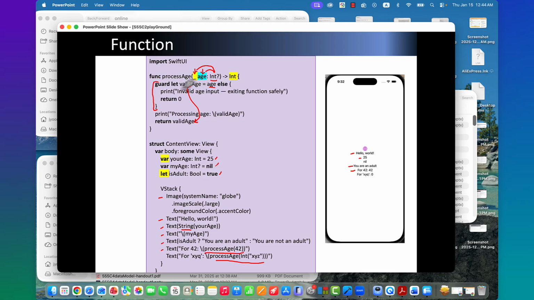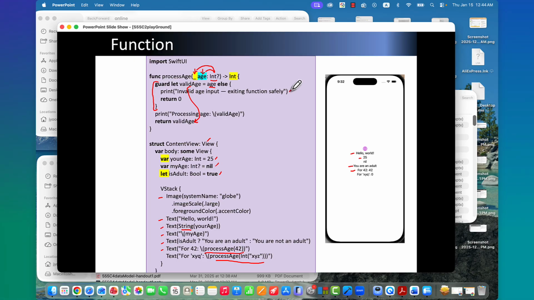We cannot declare this. If this is invalid, then we need to do the else part. When it comes to the else part, invalid can be printed. This print is nothing about this view. This is not displayed on the UI.